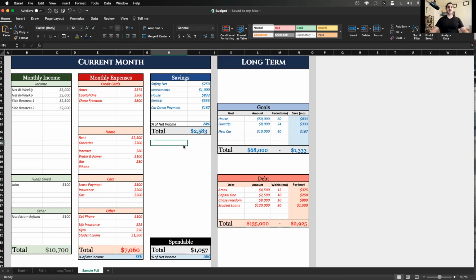I would also recommend save a separate copy of this, maybe save 2 copies, and keep one as your template so that if you do mess up or change something, you can always come back and revert back to utilizing a clean, neat, and functioning budget sheet. So that's really it, guys. I really hope that this was helpful for you.